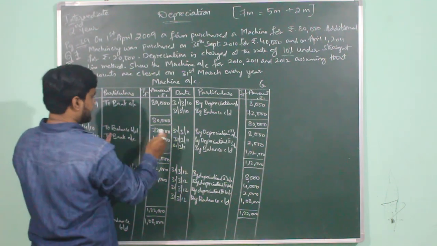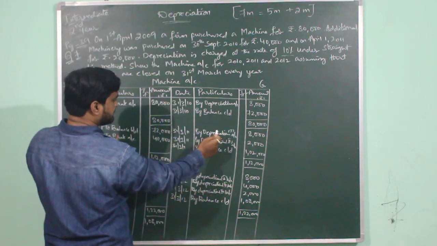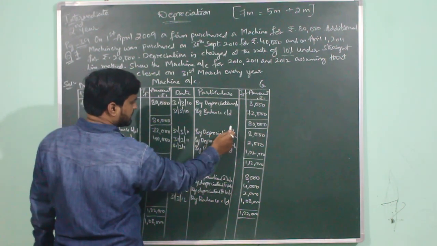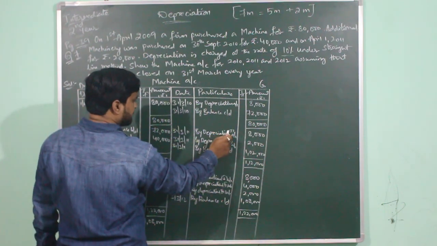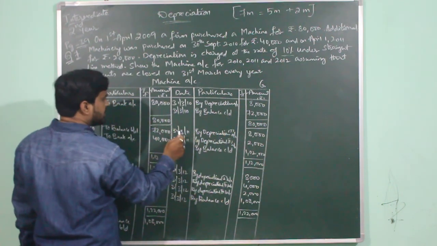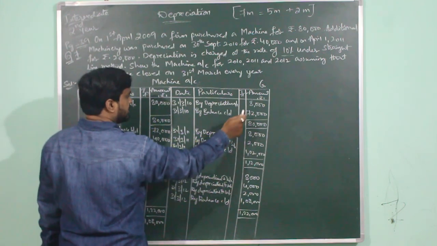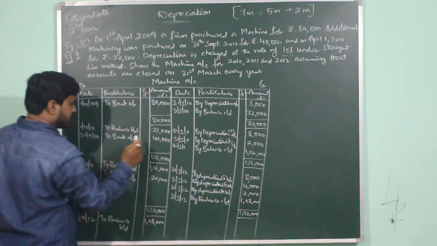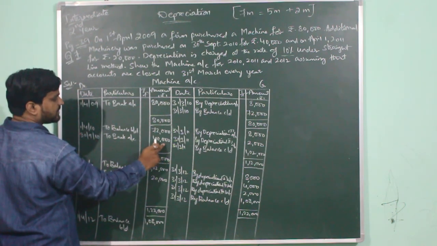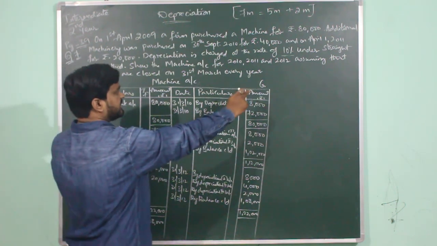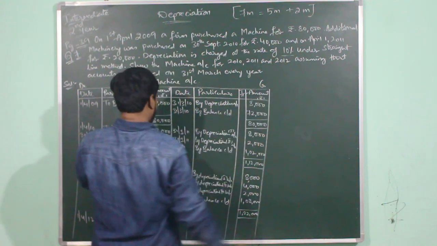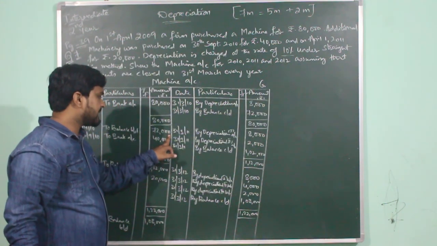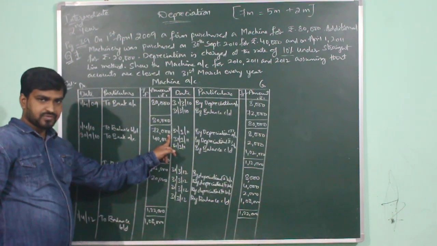So for this financial year depreciation will be provided on 2 machines, which will be written as by depreciation account. It means this is the amount of depreciation for the first machine. So what was the annual amount of depreciation of the first machine? The annual amount of depreciation was 8,000, so it will be taken as 8,000. Next, the second machine is being purchased for rupees 40,000. So what is the rate of depreciation that you are going to provide? 10%. So what is 10% of 40,000? The value will be 4,000.